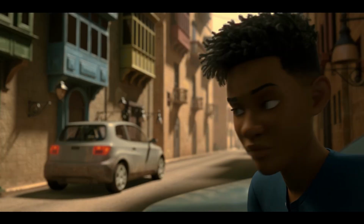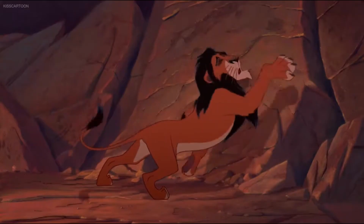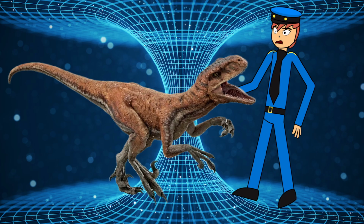Since herbivores love running into things, I can imagine a pachy could definitely give Thomas a small dent. And a raptor could potentially scratch his paint, but nail scratching against metal? Ugh, the sound alone will make everyone lose. But every dinosaur in this tier can at least get 1 point, as all of them have the potential to